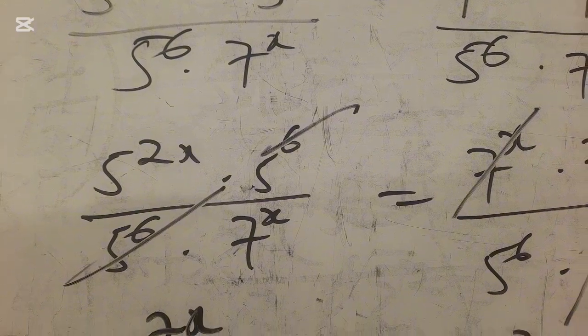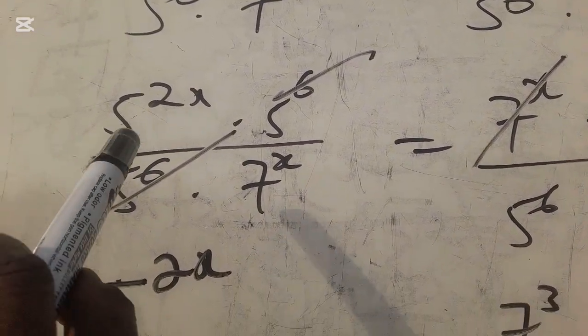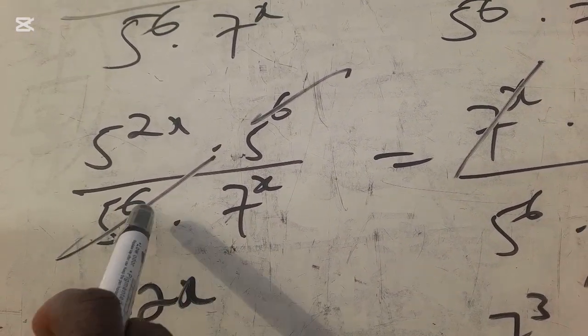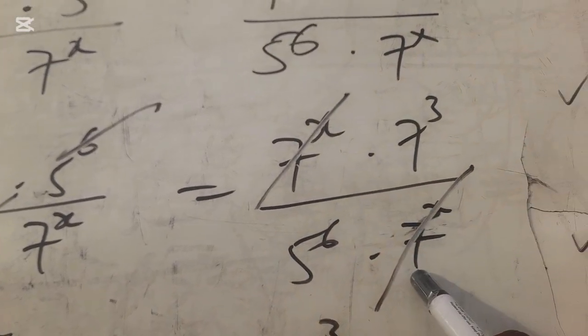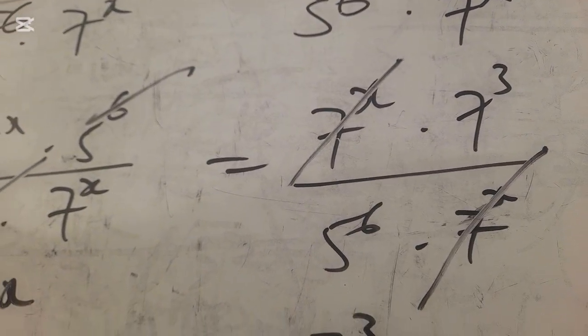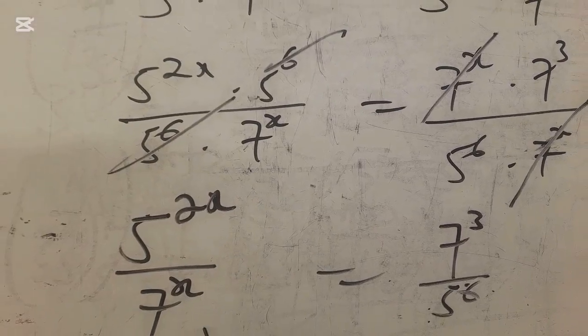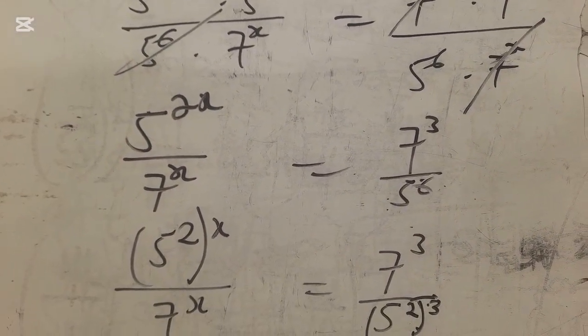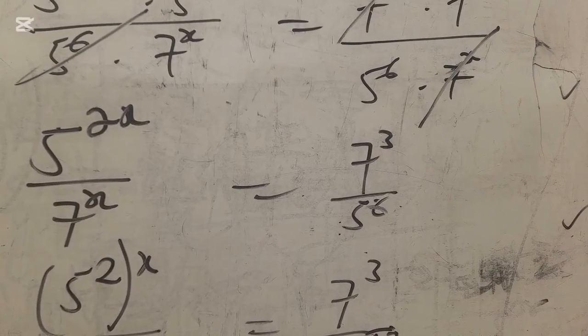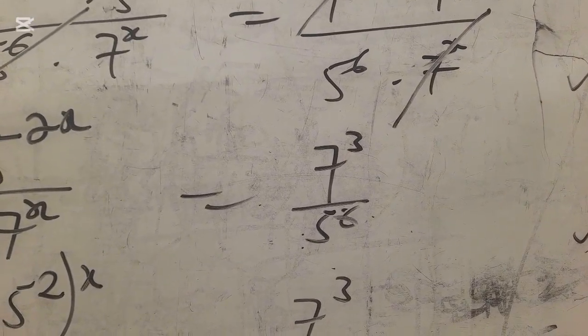So now we can cancel. 5 power 6 cancels, 7 power x, 7 power x, they cancel. Simplifying, we have 5 power 2x over 7 power x